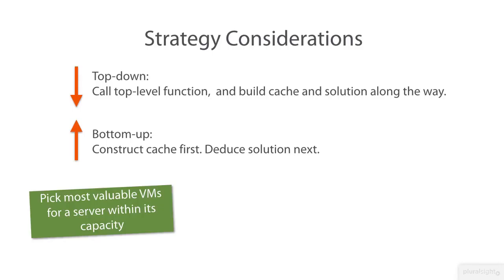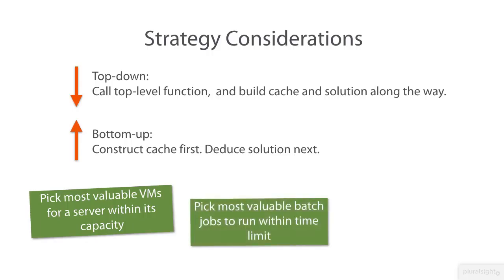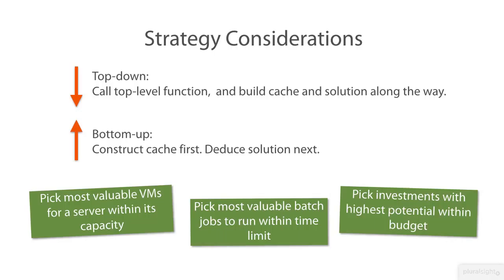Another but similar problem is to choose a selection of batch jobs to run within a certain time limit in a setting where each batch job comes with a value, for example a priority, and an expected execution time. Last, we could consider a pool of investment candidates where each possible investment has a price and a potential. The problem is now to choose the set of investments that maximizes the combined potential while still being within our